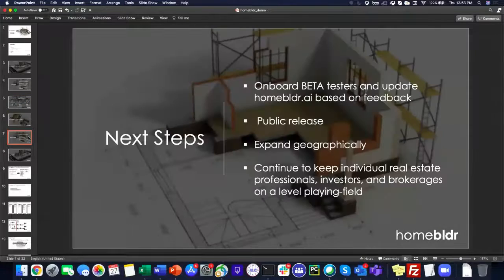Okay, so let me flip back here. We went through the app overview. Next steps: we're currently onboarding, like I said, a limited number of beta users to gain access to HomeBuilder AI, play around with the app, see the level of value that it provides for them as a broker or a real estate professional of any kind, and potentially to their clients, and then provide feedback to help us improve the app. So I would love for any nice